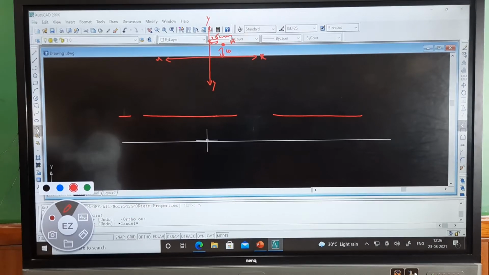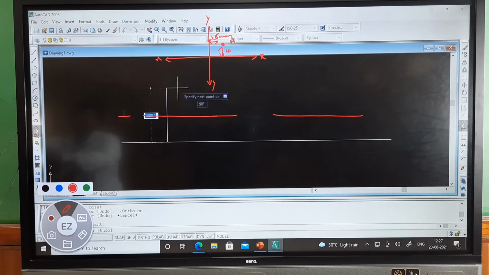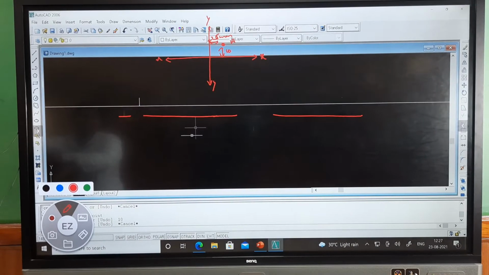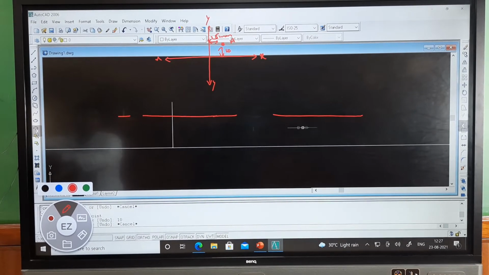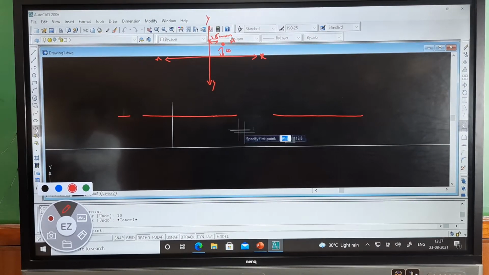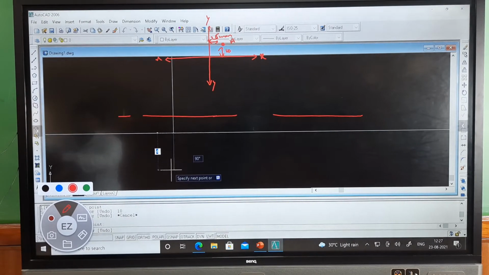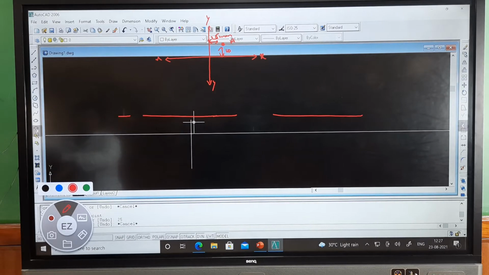Now after that I have to draw the point 10 mm above the HP. So here I am giving the dimension as 10. If you see here, 10 mm above the HP, enter. So how much is it appearing here? 10 mm is very small, this much is appearing. So this is the 10 mm above the HP. Now again I will draw the same point through the projection line. So I am drawing the same point here, which is 25 mm in front of the VP. If you see this dimension, this is 10 mm above the HP and 25 mm in front of the VP, both the lines I have taken.